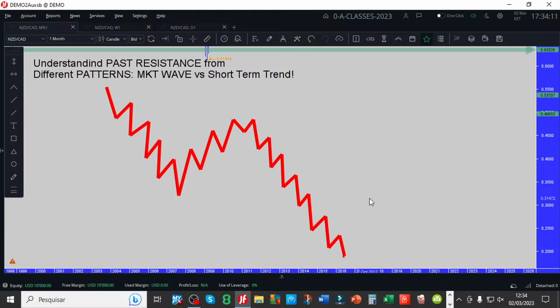Okay, everybody, I need you to understand this. Anything out of the scope of this understanding, you are mixing apples with bananas. Fair enough? Short-term trend is inside the trend of the market wave. Lynn, we are going just to confuse the public. Everybody, this is what you are looking at right now. It's the short-term trend, not the market wave.